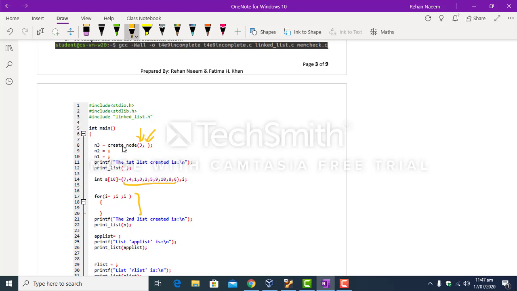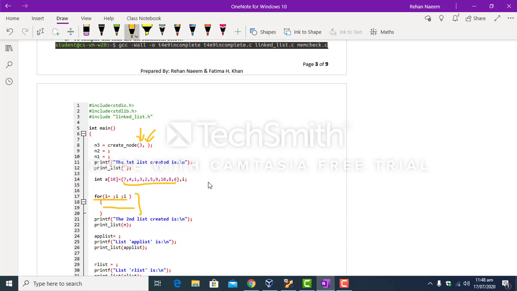But now instead of manually creating the nodes, you will be using the for statement to create the nodes, and just use one statement within this for loop to create all the nodes for all the elements of this array A.